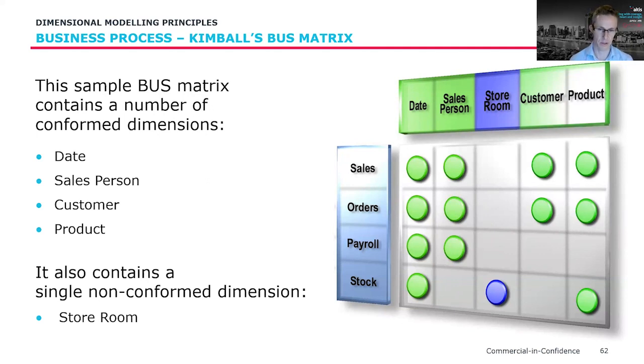It also helps to identify parallel development. We can see here our sales and orders processes have exactly the same dimensions. So it may be a useful candidate to actually develop those in parallel because all the work will be done to simplify that process that covers off two business processes, two birds with one stone.